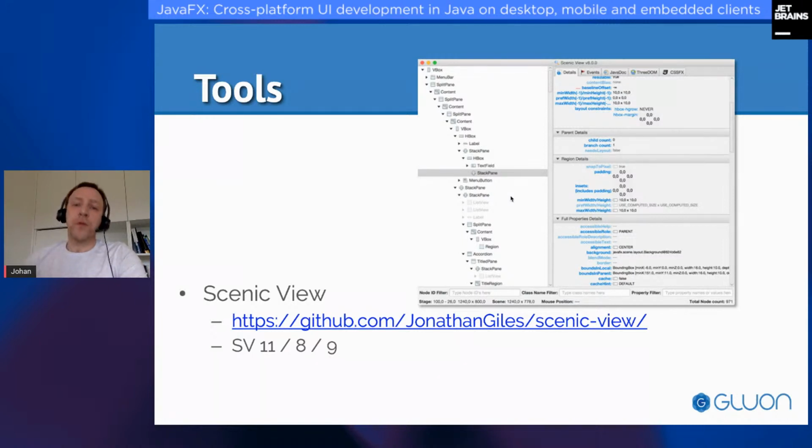So one of the most useful tools, and the slides will be published so you can look at the URLs later, is Scenic View, which is a tool that I use very often for debugging JavaFX applications when there's something related to the UI that doesn't match my expectations. With Scenic View, you can attach it to your running application, and it will inspect the elements. Then you can see, for example, I expected some padding here, but it was null. There was no padding. How come? So you can inspect all the properties and see live updates to the elements. That's a real-time visual inspector, and that's available for JavaFX